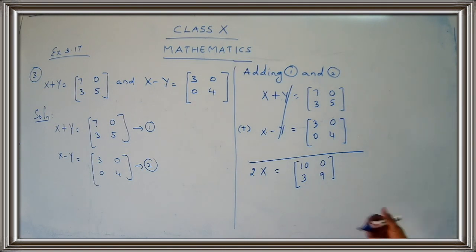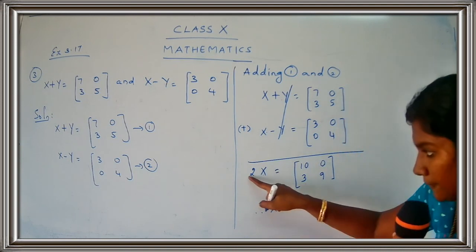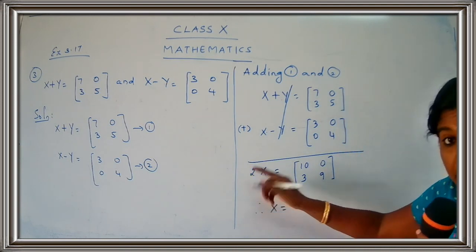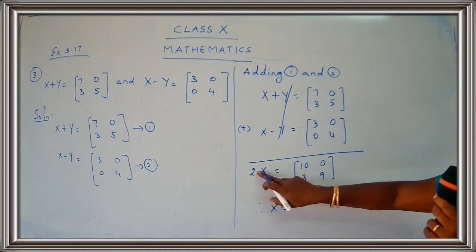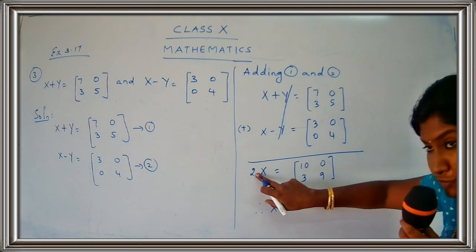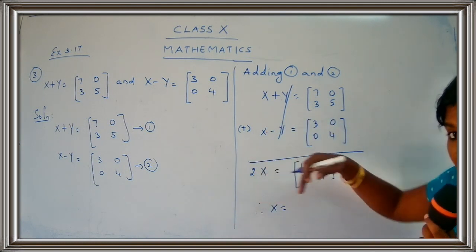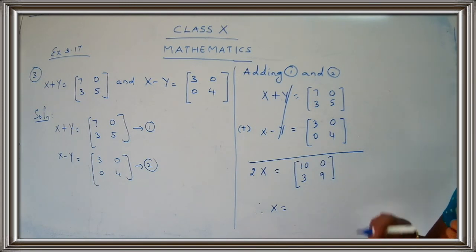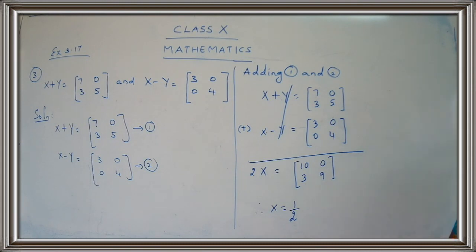So what you are going to do is, you just write down here, therefore, x is equal to... bring this 2, that is on the LHS part. Now you are going to bring this 2 to the RHS part. So this is the multiplication. When a number is in multiplication form on the LHS side, and you take it to the RHS side, it turns to be a division. So you get x is equal to half. Are you getting my point, children?